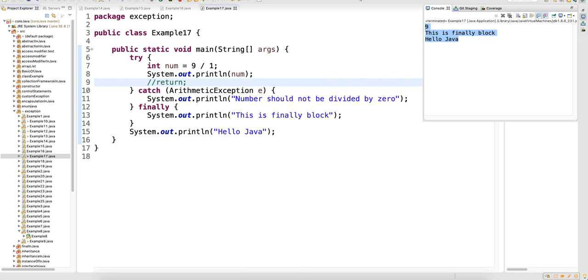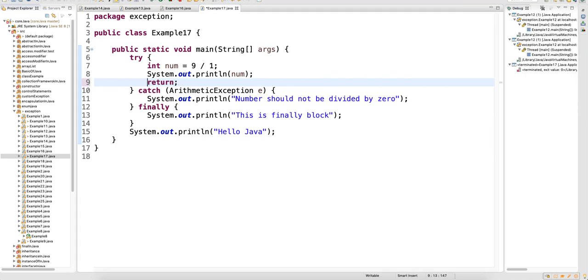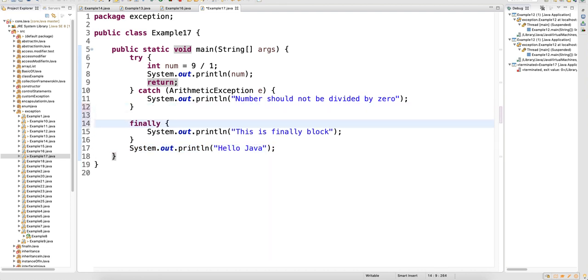You can see that, so your line number 8 got executed. Num is nothing but 9. Then it went to the finally because there was no exception, and then after finally there was a piece of code, all three are getting executed. But when you have a return in the try, even though you have thousands of lines of code,